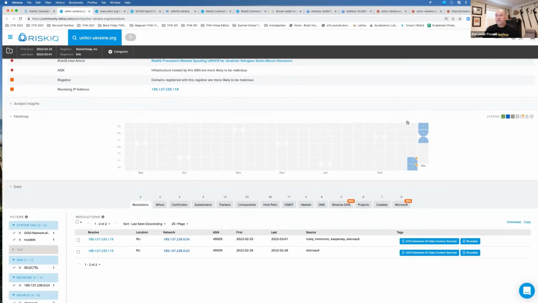Okay. So if you notice here, the sources. I have an additional source on mine, and the reason for that is I created a free AlienVault account where, with their credential, when I query something, it goes out to their API and pulls in some additional information. So if you notice in here, I have RiskIQ, Kaspersky, AlienVault, Mnemonic, all saw this IP address associated with this domain.